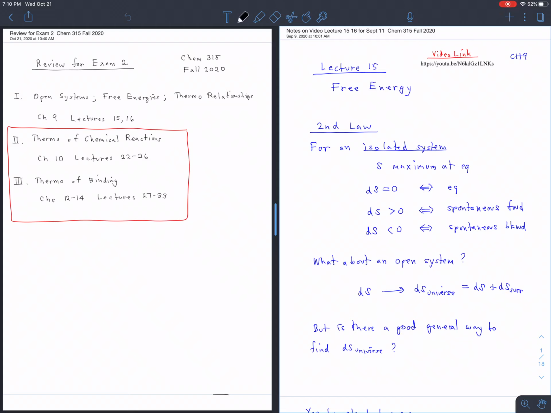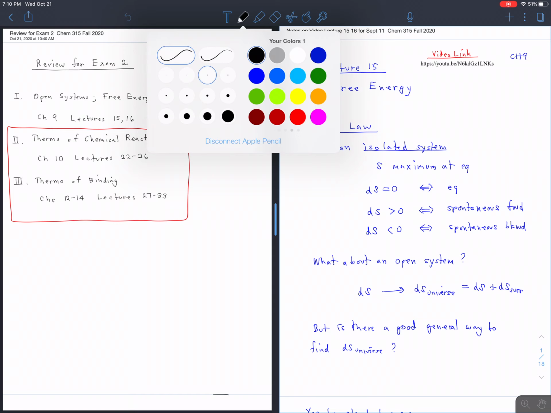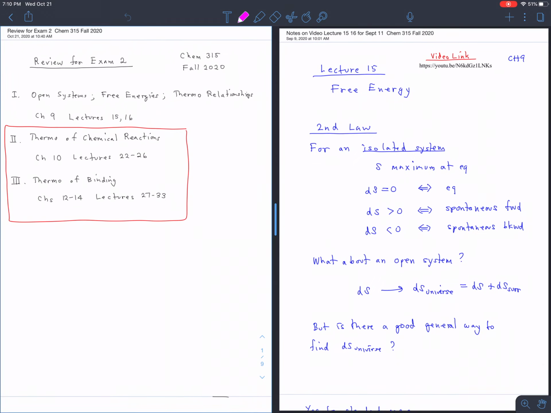Exam 2 is coming up in a few days, this coming Monday, and so let's do a review of everything we've covered between the two exams. So the exams are over. Chapters 9, 10, and 12 through 14. Those five chapters